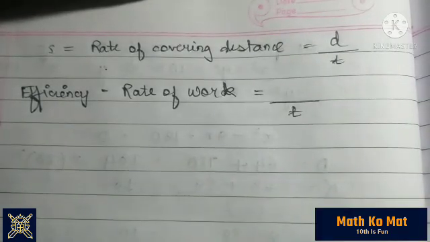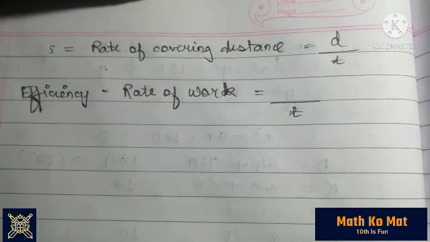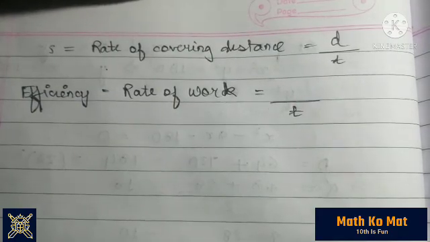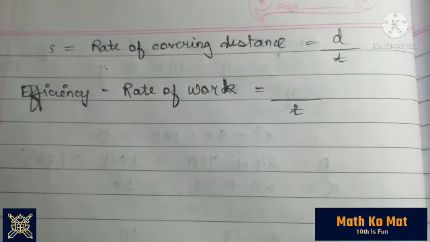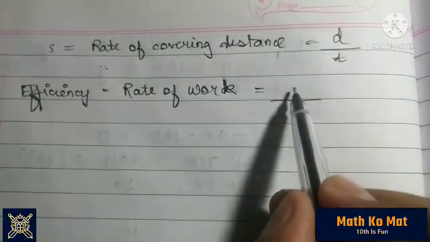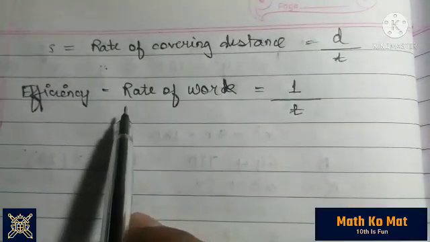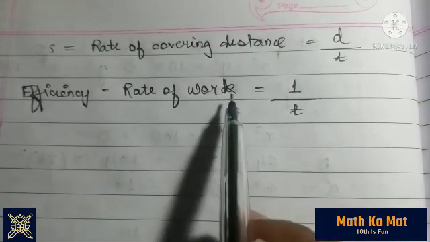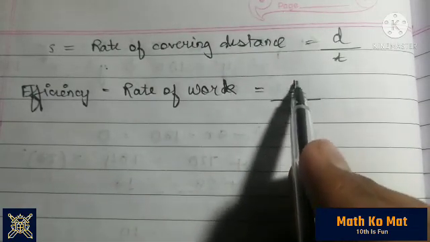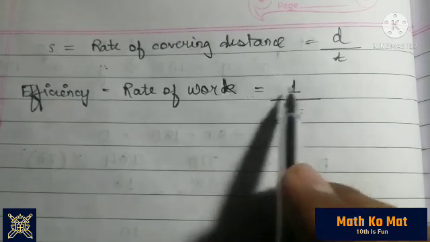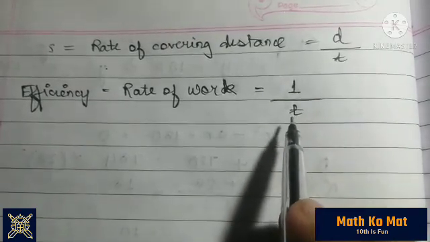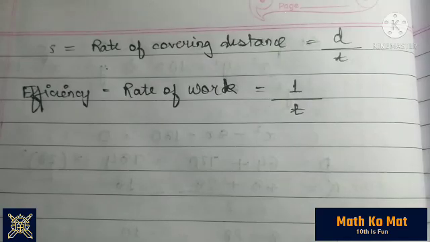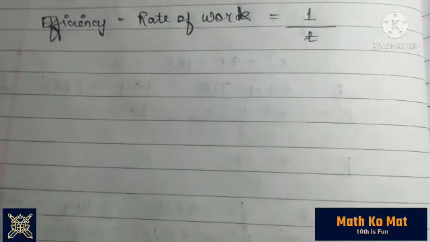And what is the unit of work? This is not the work done that we have studied in physics. This is a unit of work. For example, making a pen is a unit of work, completing the making of one pen. Similarly, what is the work in making a building? That is one, because we have made one building. So efficiency is the rate of work and is found by dividing one, because the work is one unit, by the time. Now let's use this concept to get the answer to the given question.